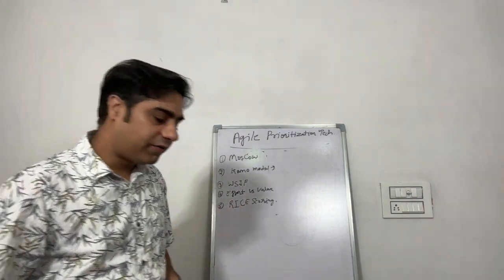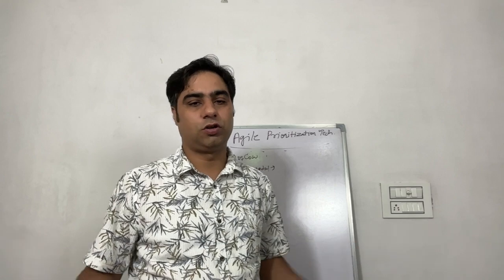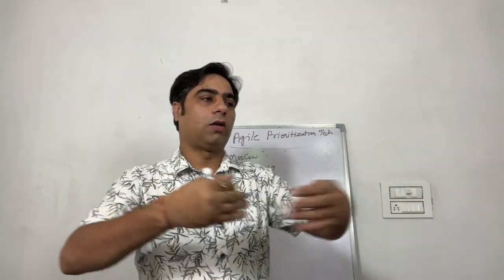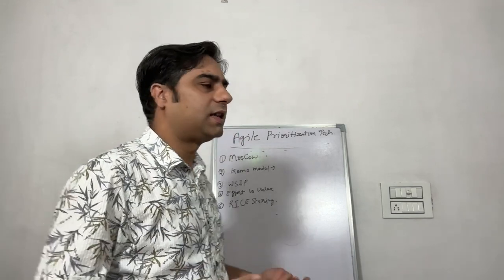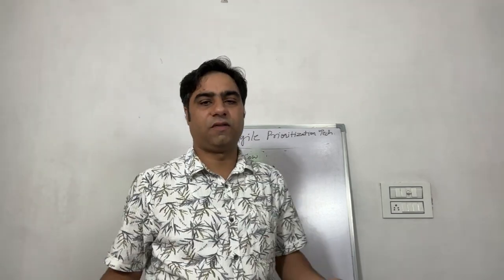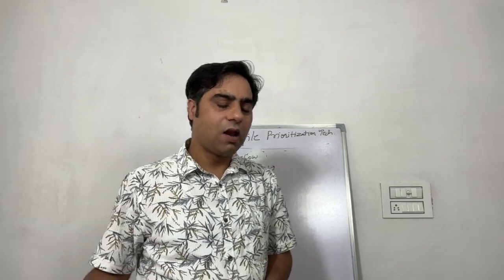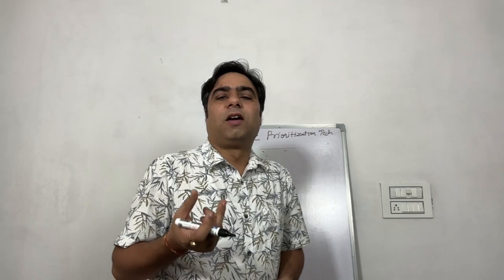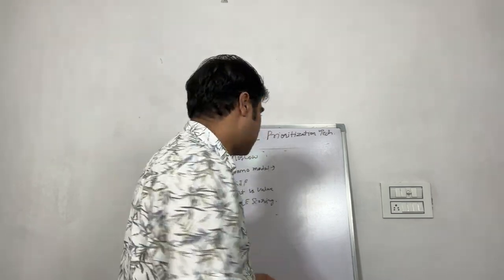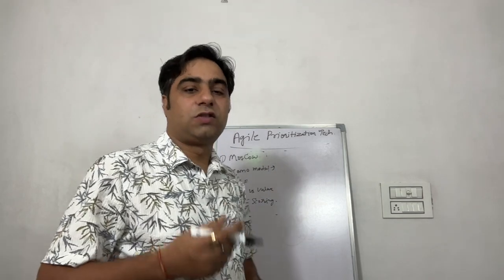Now next is WSJF. WSJF is mainly used for large products or enterprise solutions where you have a lot of product backlog, a lot of customer feedback. You can say that we use it in the SAFe agile framework. Definitely we will discuss SAFe agile, scaled agile, later. But for now, as I was discussing prioritization, I thought I should discuss this. So WSJF means weighted